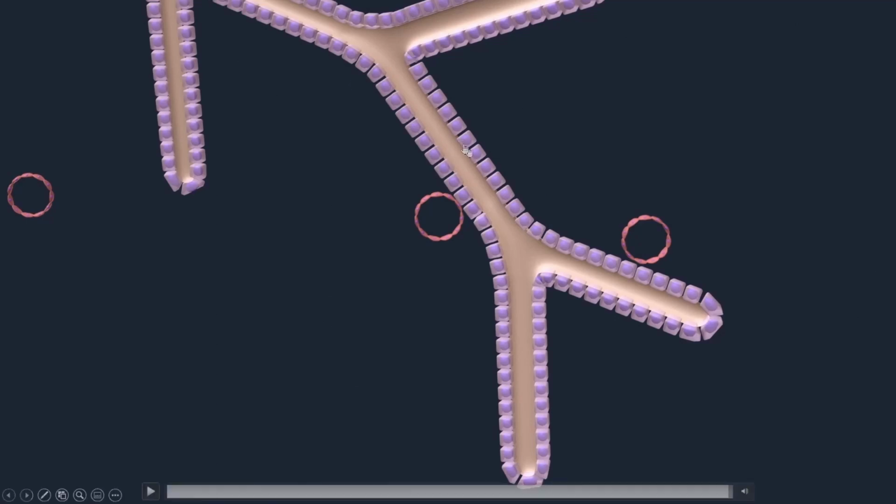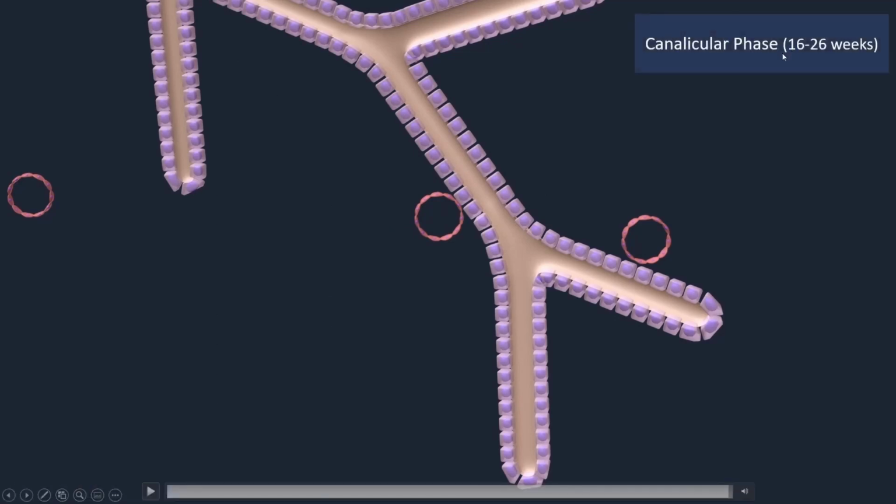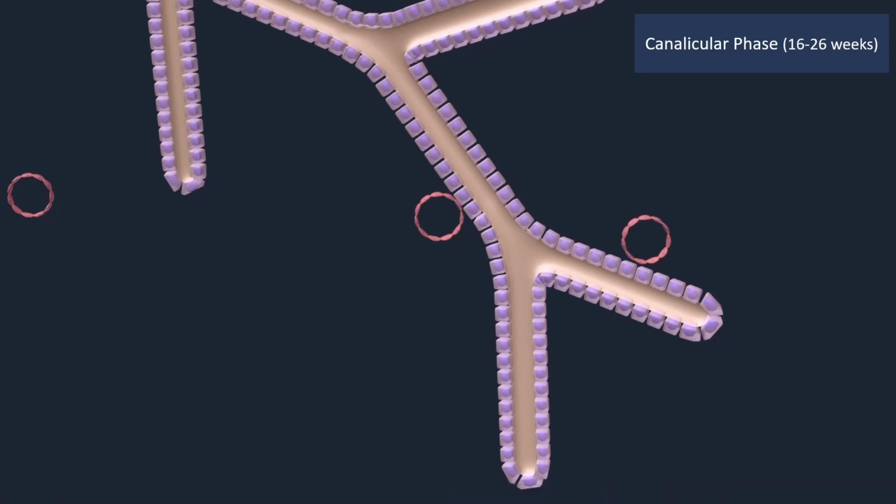One is that the lumen widens, the other is that there is formation of these blood canals, I mean blood vessels, and this stage is called the canalicular phase. It starts from the 16th week and continues to about the 26th week of development. So terminal bronchioles first divide into respiratory bronchioles, and then the respiratory bronchioles divide to form the